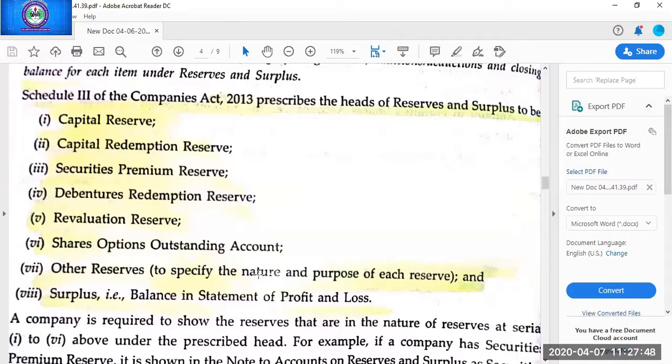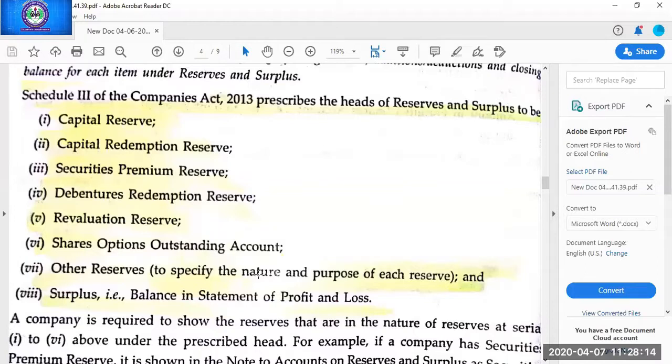For example, a company is having 1 lakh profits at the end of the year, and out of this 1 lakh, the company has paid 10,000 tax. So first of all, the taxes will be paid. So now the left out profit is 90,000. Out of this 90,000, the company may reserve, suppose, 30,000. So the company has transferred 30,000 rupees to different reserves. Now the left out profit is 60,000.